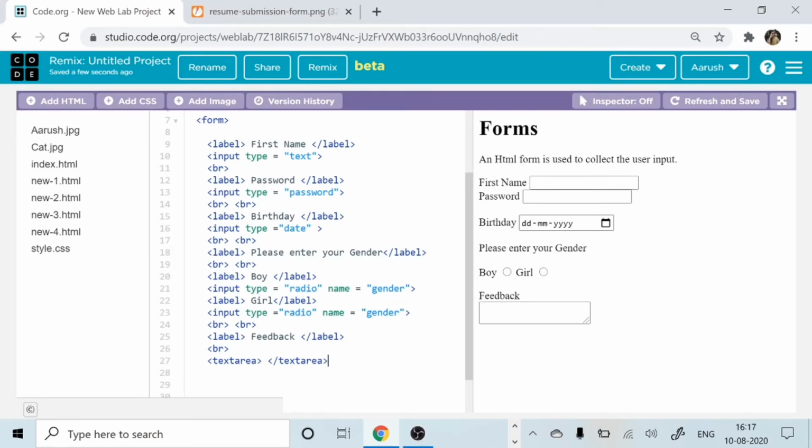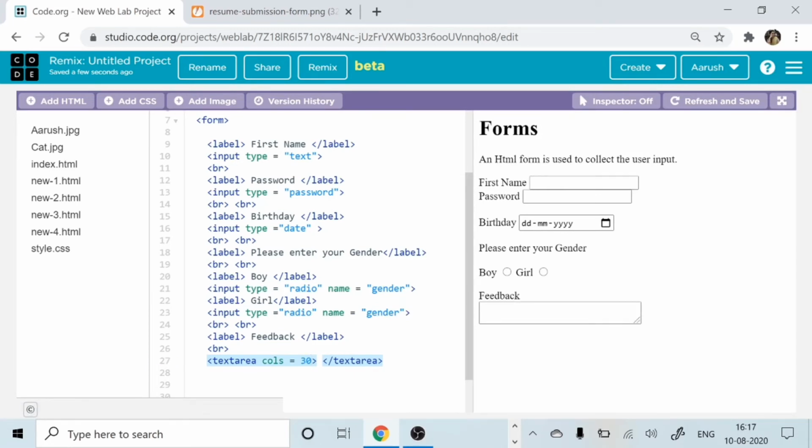Okay. Now observe very, very carefully. I've written textarea. After textarea, you will put COLS. That means columns. Now, how many columns do you need? Suppose you need 30 columns.